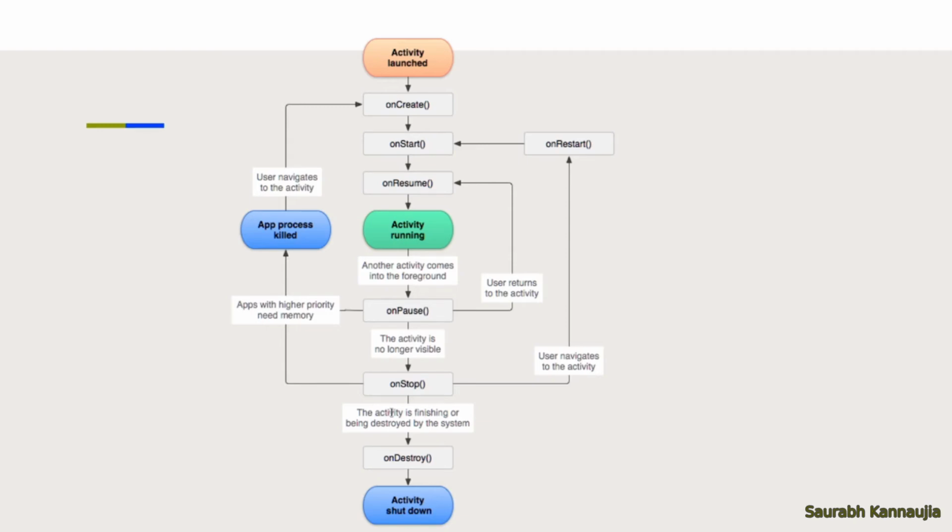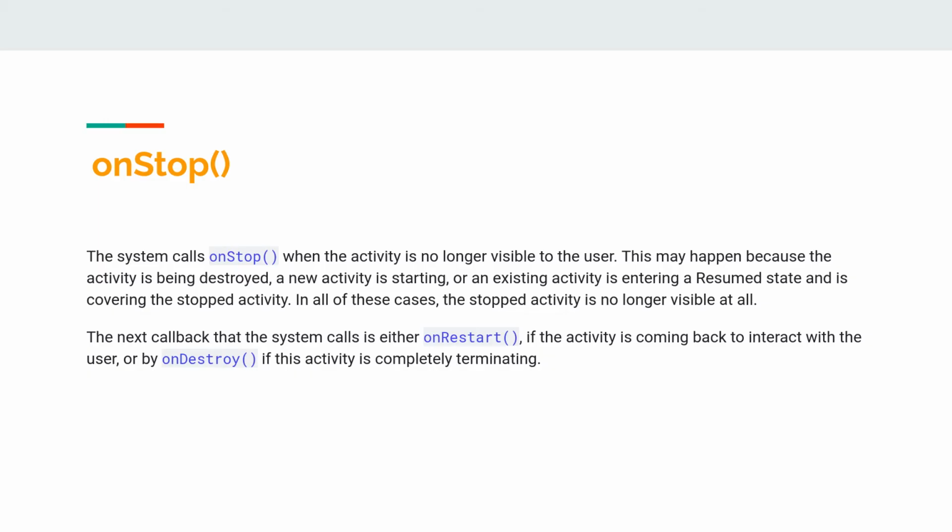So the onStop method is called when an activity is being destroyed, or a new activity is starting, or an existing activity is entering a resumed state and is covering the stopped activity. In all of these cases, the stopped activity is no longer visible at all.